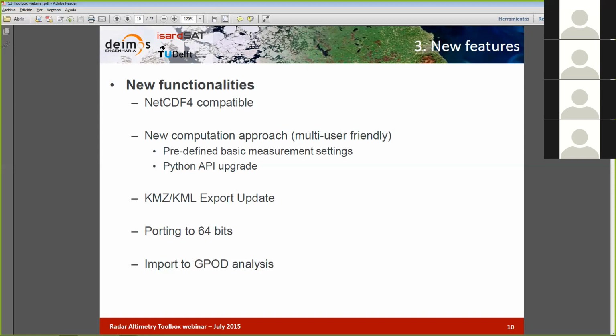So we will have some predefined measurements like sea level anomalies, so the user doesn't have to go through the product and find the fields that are of interest. And also some selection criteria already predefined, so the user can set that only ocean option or only land